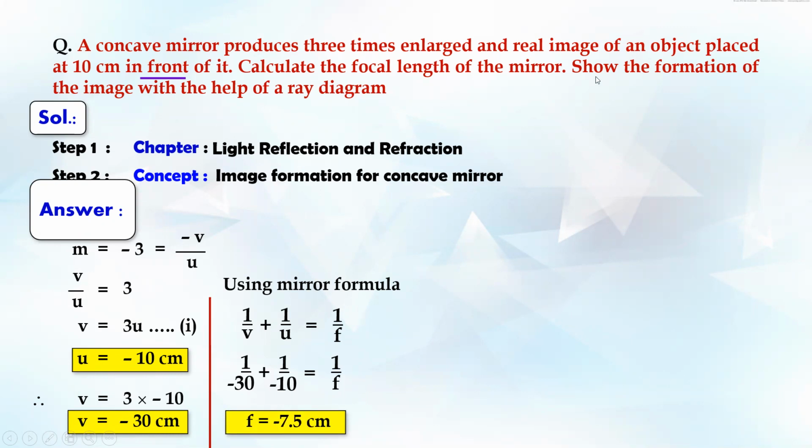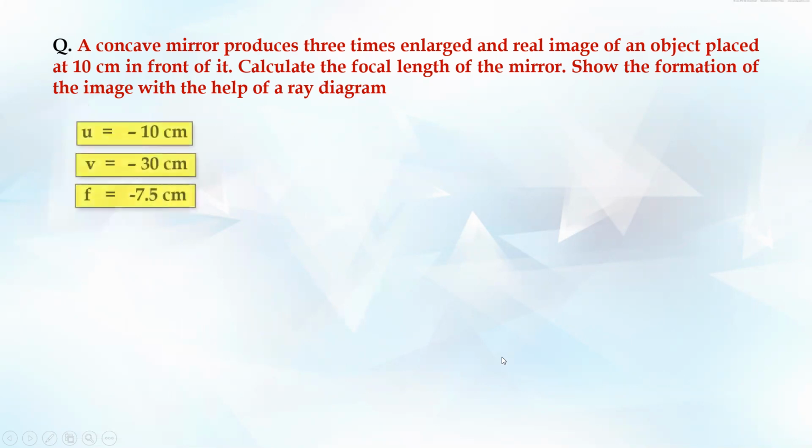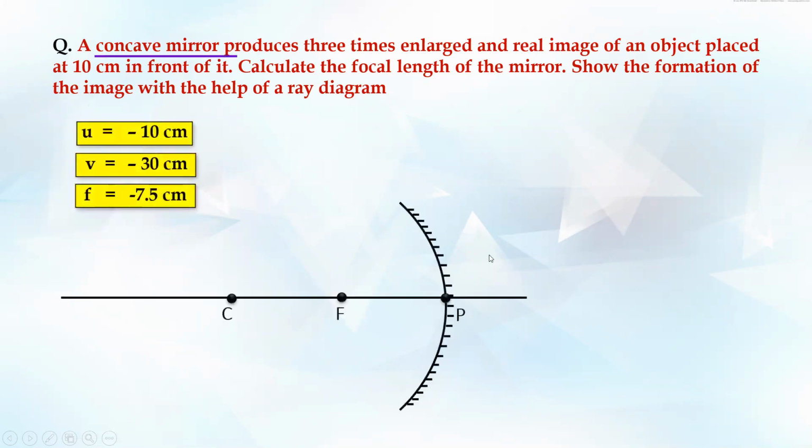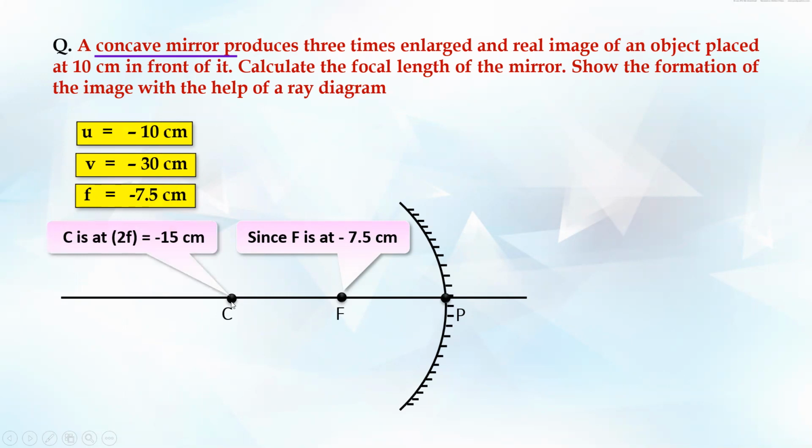The sum doesn't end here, we have to actually draw the diagram, right? तो अपने को क्या क्या मालूम है? फोकल लेंथ मालूम है, ऑब्जेक्ट का डिस्टेंस मालूम है, इमेज का डिस्टेंस मालूम है. So we'll draw it. कॉनकेव मिरर बना लिया, फोकल लेंथ is 7.5, तो यहाँ से 7.5 पे f और वापस सेम डिस्टेंस पे c, that is 7.5 पे, मतलब टोटल मेक्स इट 15.